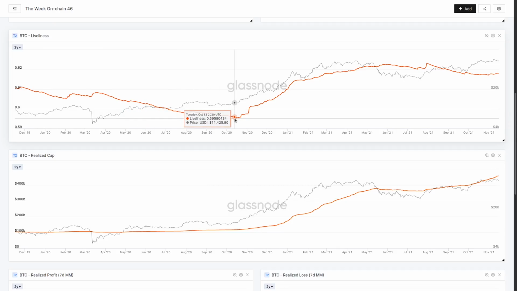And the exact opposite is true. When we have a steep uptrend in the liveliness metric, it's showing that lots and lots of coin days are being destroyed. There is more coin day destruction than creation, and the steeper the curve, the more coin days are being destroyed. Note that from November all the way through to February, it was a very steep curve. It flattened out through to May, and then it started to actually reverse. This is an inflection point from a bullish distribution into a more bearish trend, but that also describes accumulation.